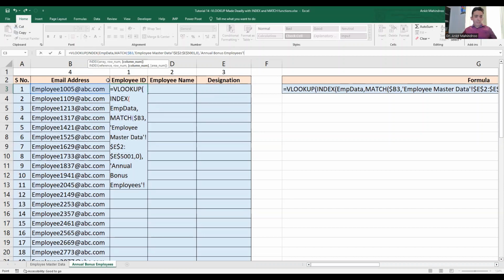So since my column index is going to remain 1, I'm going to put a 1 here manually. I could also fetch this, but for the purpose of simplicity, I'm going to use 1 in this particular scenario, and I'm going to close this. So this is my lookup value. I've used the VLOOKUP function, and within it, I've used the INDEX function, which is fetching me